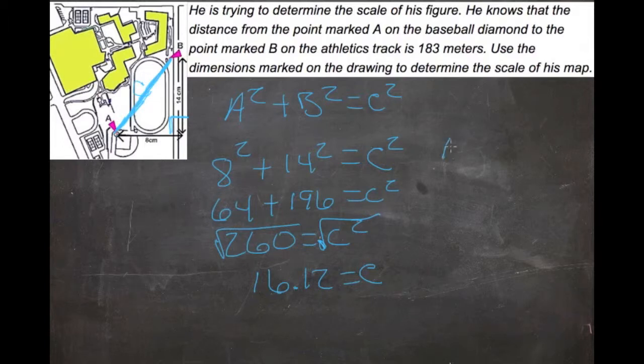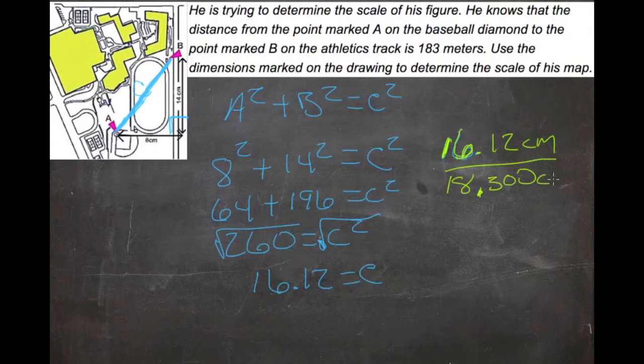Now, I'm going to change colors. Now that we know that 16.12 centimeters compares to the actual real life distance, which is 183 meters. Centimeters compares to, and 183 meters is 18,300 centimeters. Thank you, easy metric system conversions. So now our comparison is 16.12 centimeters to 18,300 centimeters, which, if we actually do that division, we get 1 over